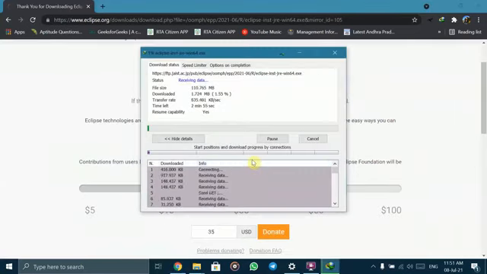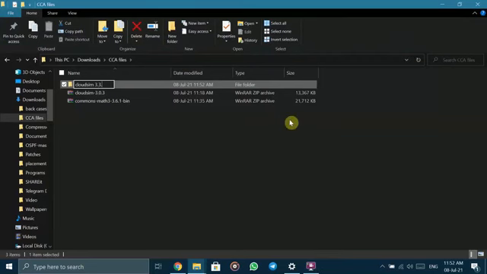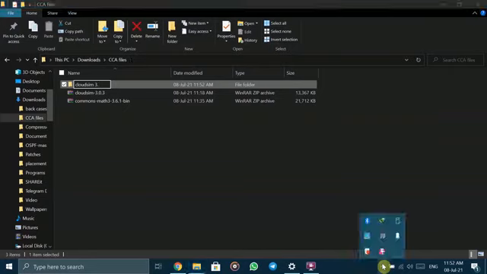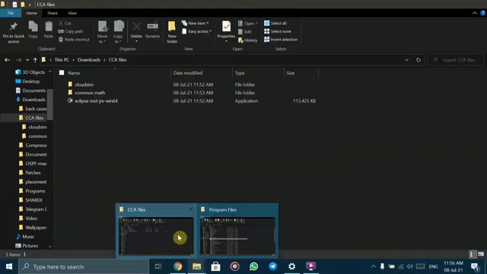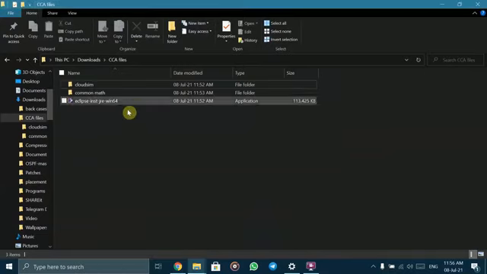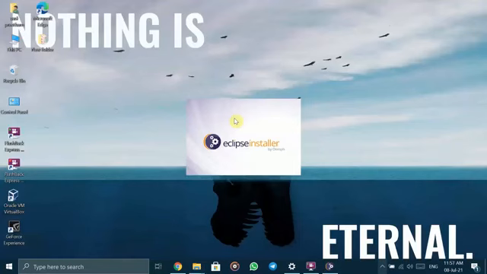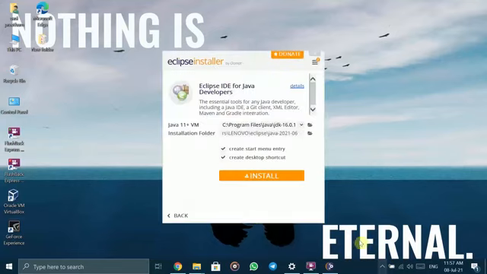The Eclipse IDE has started downloading. The Eclipse IDE file is already downloaded now. Just open the Eclipse IDE file from your downloads and click on it. Now we need to click install.